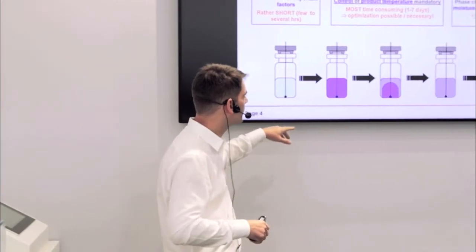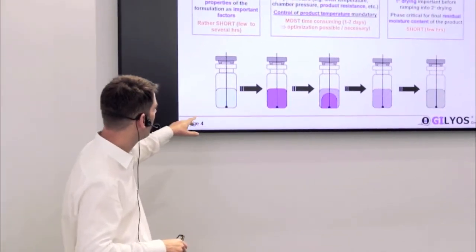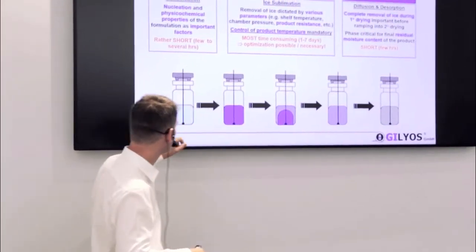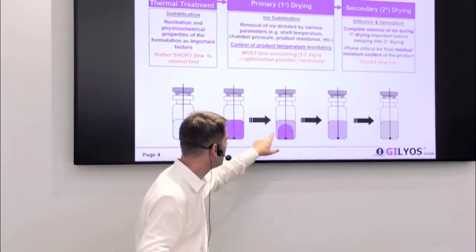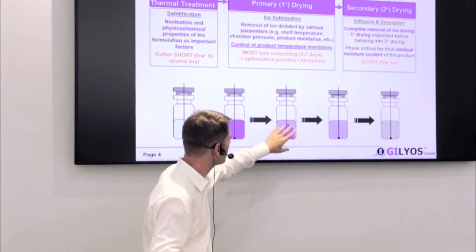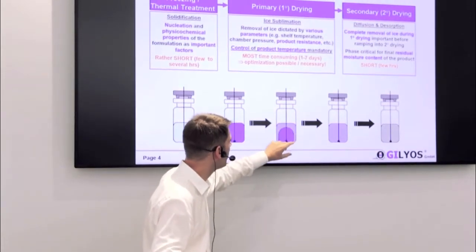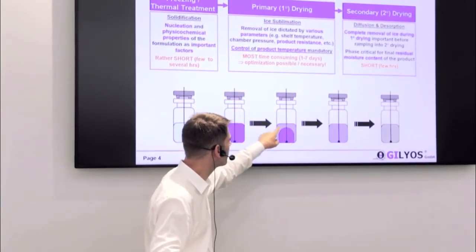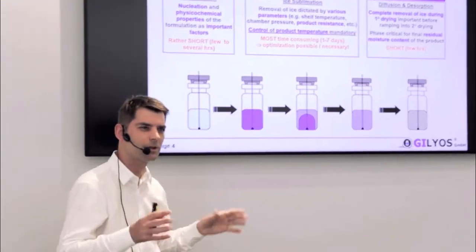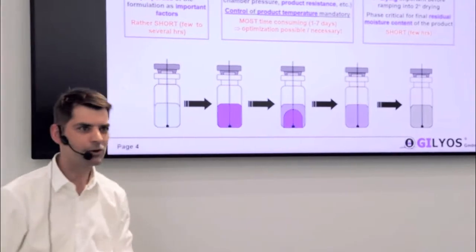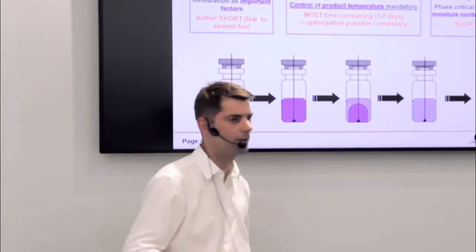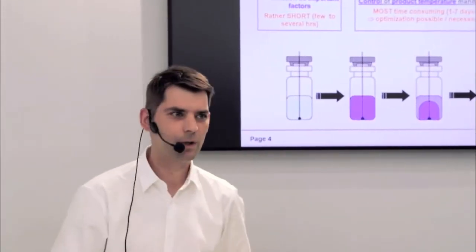There's no sublimation going on in this phase anymore. And this slide here highlights the phases in terms of liquid in a vial, frozen dark blue, and here it's indicated that the product dries, so sublimates. This is the core of ice. This is already dried product, but still with a lot of moisture. And you can see here a temperature probe already positioned in that vial, and this is what we will talk